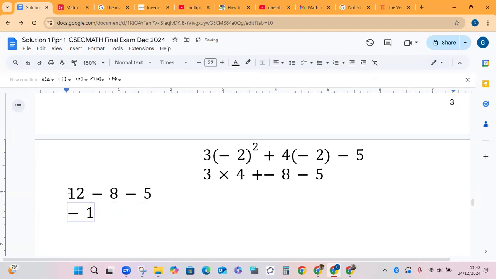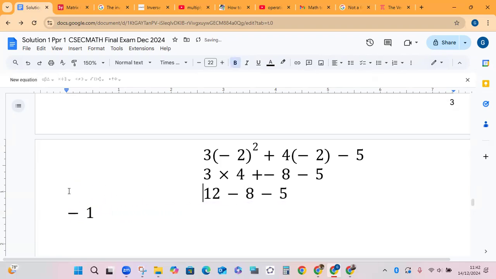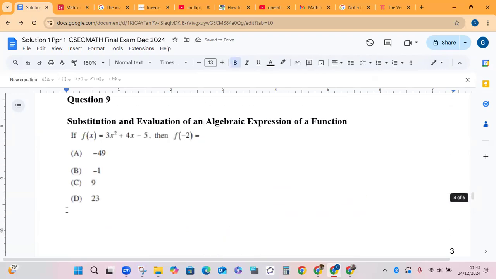So the final answer there is -1. So let's see which option has -1 as the final answer. So as you can see, this clearly is related to substituting and evaluating in another algebraic expression. And -1 is B, so the answer is